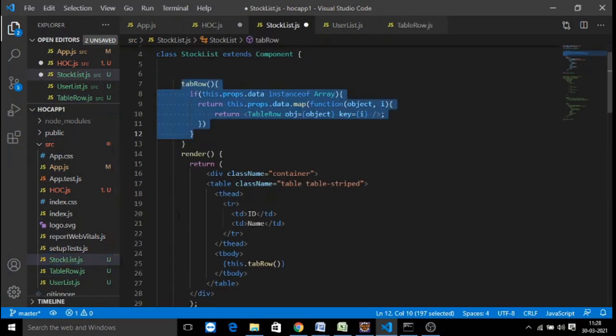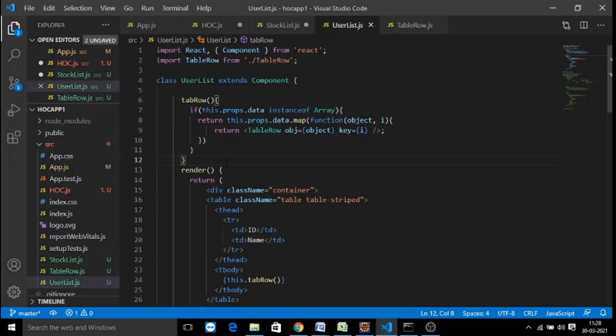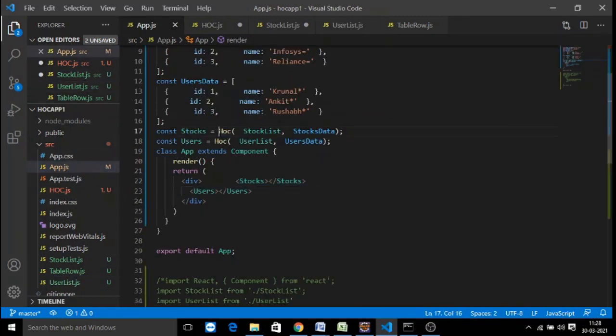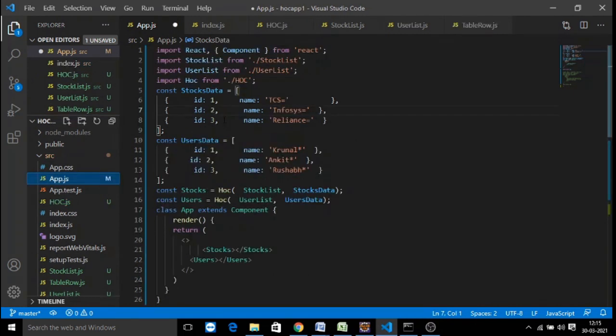Your stock list is there and also your user list is there, but this user list and stock list are coming into your higher order components. So using the higher order component, we are going to send the data globally, stock data and user data, and every time we are passing the component stock list along with the stock data. Then we return another component here called the stock component. Similarly, the same HOC component is used for sending user details, user data with the user component, and we get another component. So those are the higher order components we are going to make use of for our application for rendering